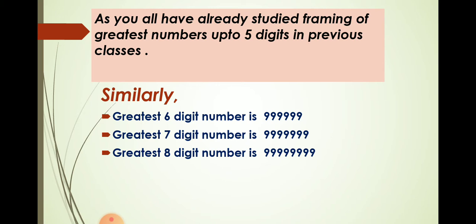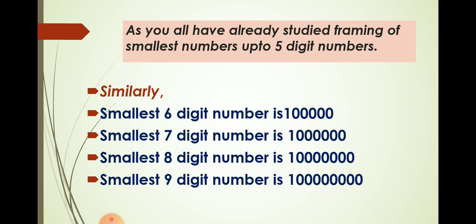Similarly, greatest 6 digit number is 9,99,999. Greatest 7 digit number is 99,99,999. Greatest 8 digit number is 9 crore 99 lakh 99,999. As you all have already studied framing of smallest numbers up to 5 digits, similarly, smallest 6 digit number